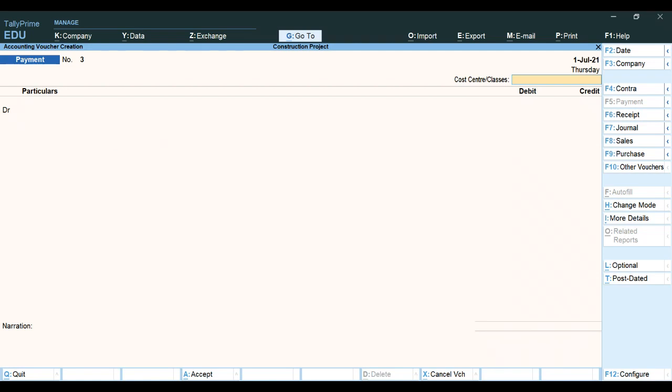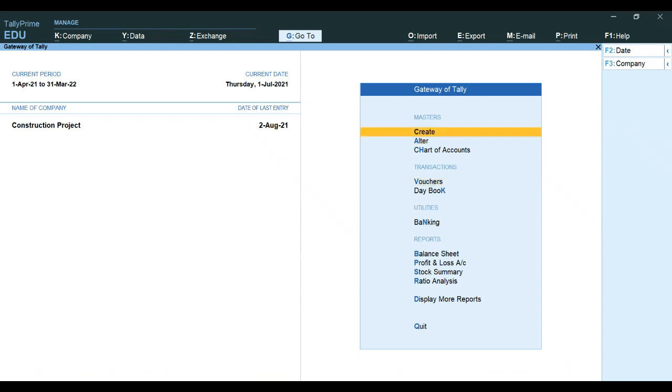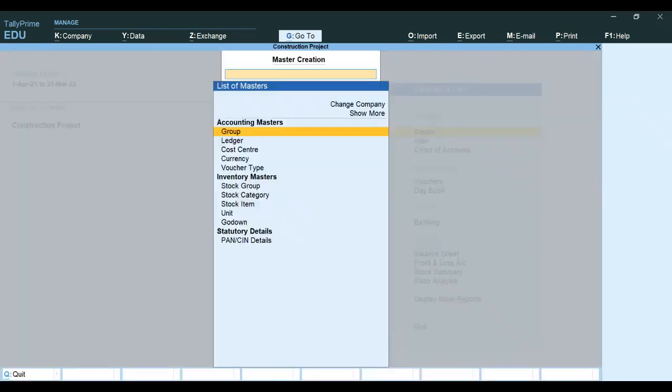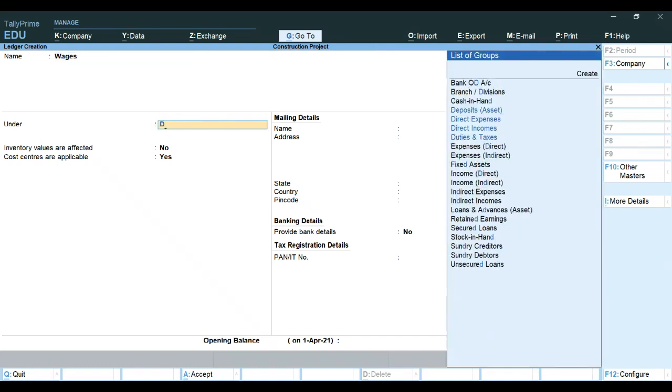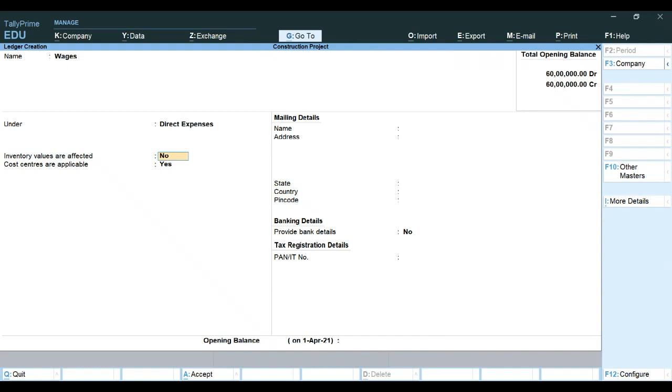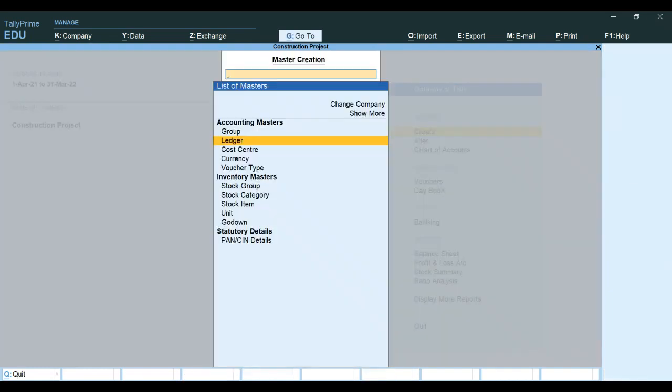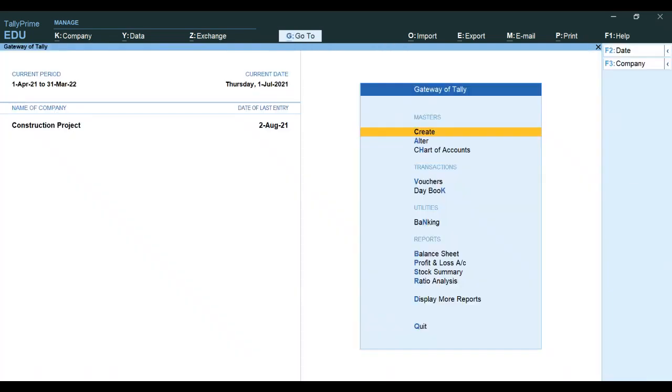Now we try to prepare labor contract, I mean wages. Okay, so we have to prepare it. Get to the gateway of Tally, then come to create ledger, wages under direct expenses. Okay. Inventory value affected, no. Cost center allocation, yes. Okay. And the name is to be given on the check. Actually, if we consider in this case,